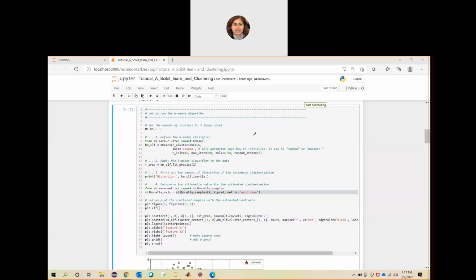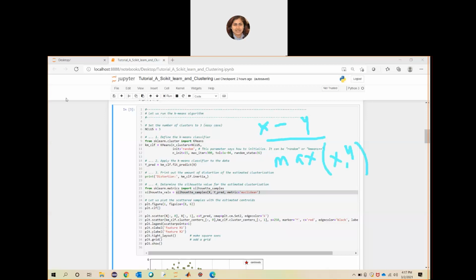Suppose you have data points, two data points. So the formula will be like x minus y for finding out the score of each data point in the defined data set, divided by max of x and y points.